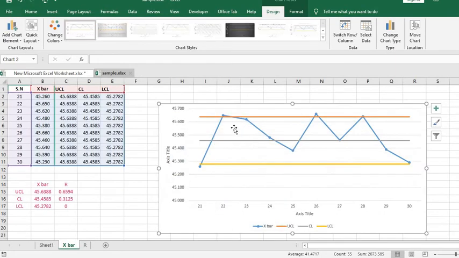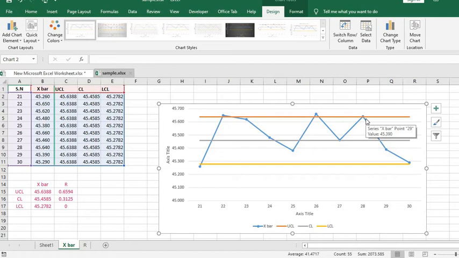Here in this X bar chart we can clearly see that sample number 21 is outside the lower control limit, and samples 22, 26 and 28 are also outside the control limits.